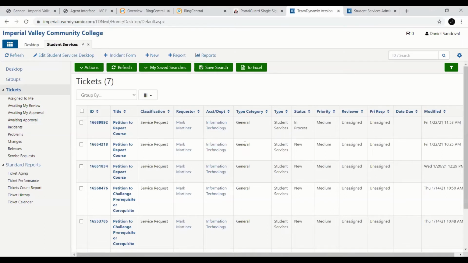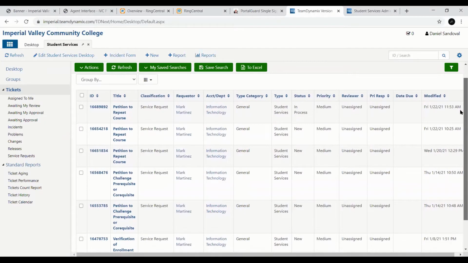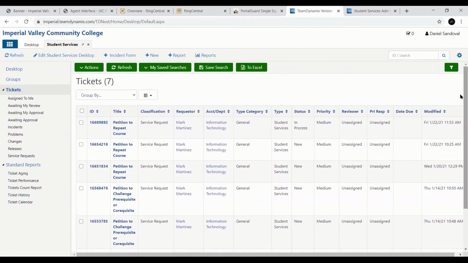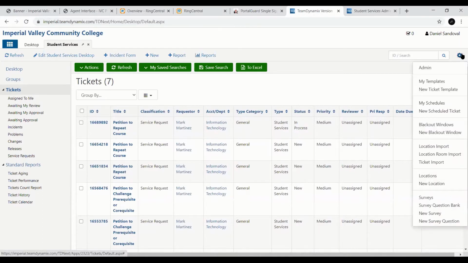But as I mentioned, we made Daniel an administrator of the student services application, so he can come in and edit these forms and the workflows. And the way that he gets to it is he's not a global administrator, which means he doesn't have administrator rights to the entire tool. He is a specific admin for the student services application, and that capability is right here in the blue settings gear in the upper right. So from here, he clicks on admin,